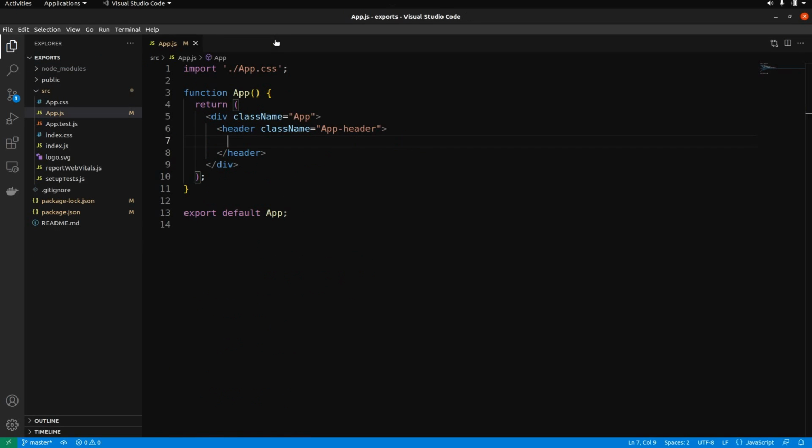In the previous examples, all of the components were created in a single file, but in a normal application where you can have hundreds of components, storing every single component in a single file may be possible, but it's far from ideal. Normally, each component will be stored in its own file. So create a new folder within the source directory named components, and then create a new file, which I'll call